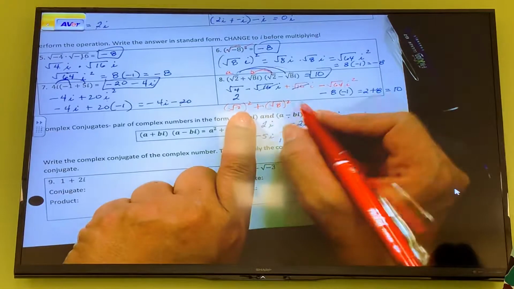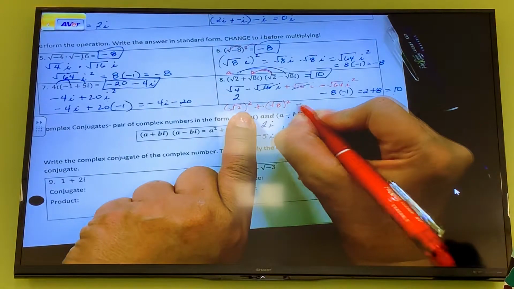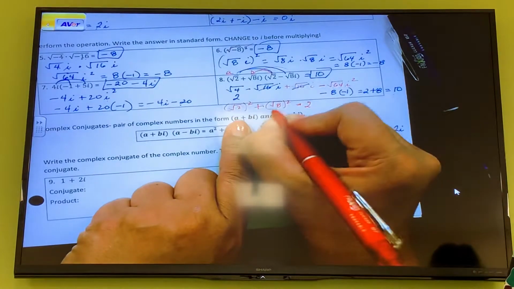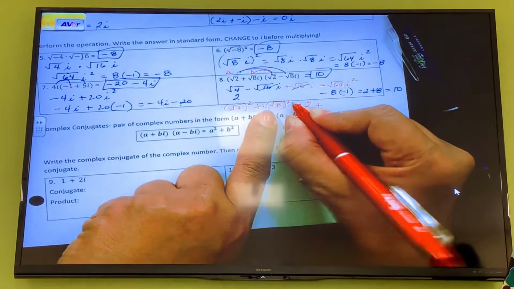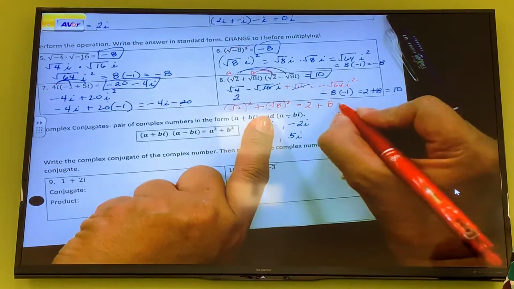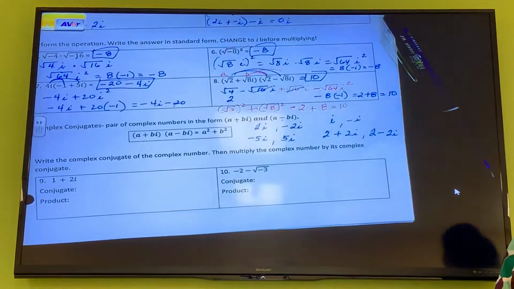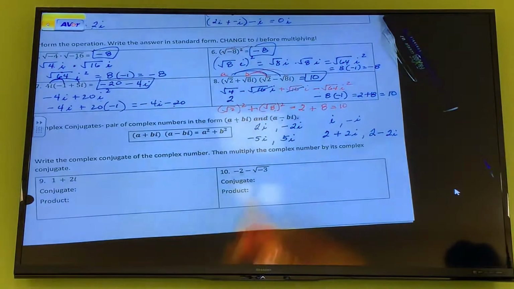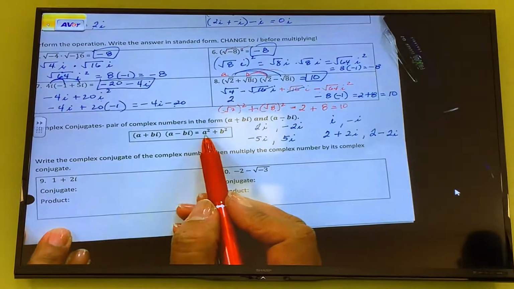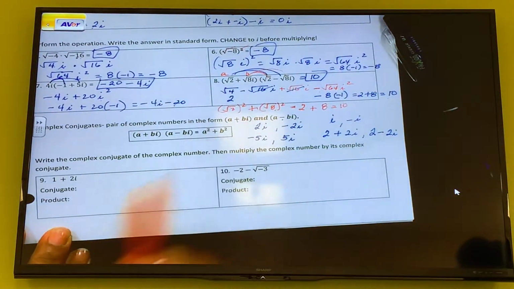Okay, so what's this? Square root of 2 squared is? They cancel, so that means it's just going to be 2. And plus square root of 8 squared? They cancel again, so it's going to be 2 plus 8. Isn't that what we got? 10? Yeah, because that's the shortcut. For as long as you're multiplying complex conjugates, you just do a squared plus b squared. And that's why 9 and 10